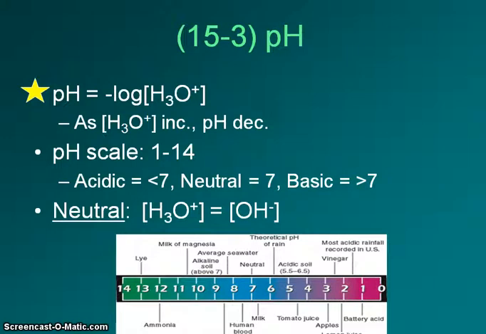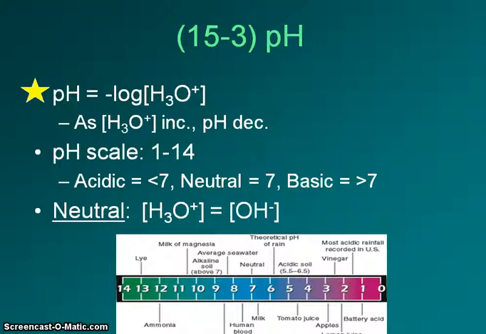Chapter 15.3 introduces pH calculations. pH stands for the power of hydrogen. The equation we'll be using is pH is equal to the negative log of H3O plus concentration. So as H3O plus increases, our pH is going to decrease, and this is by a tenfold. So a tenfold increase in our H3O plus concentration decreases our pH by 1, since it is on a log